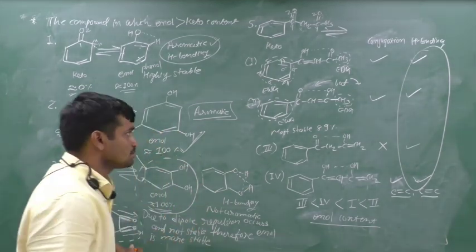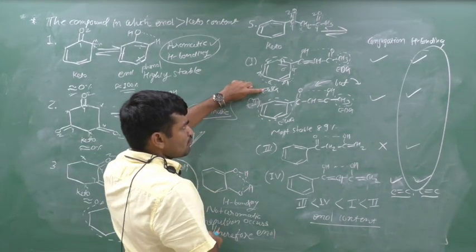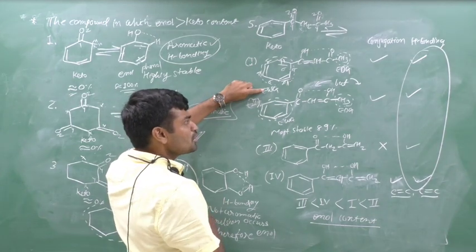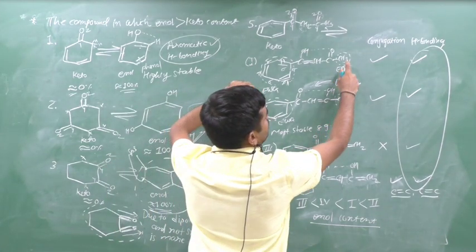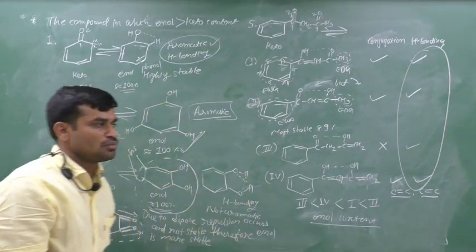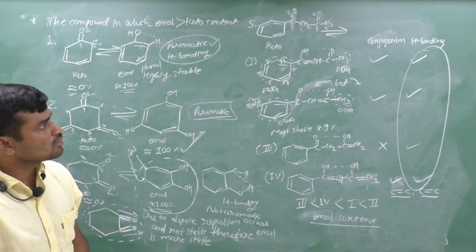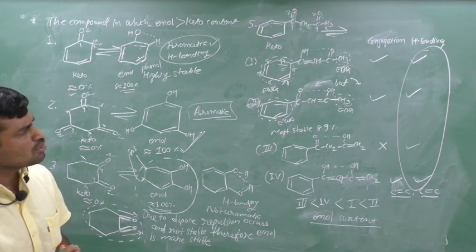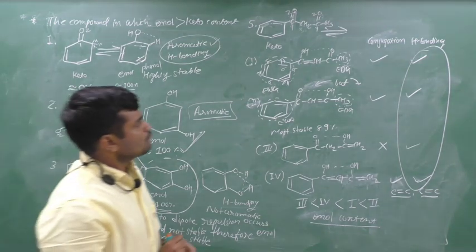Then the question is that phenyl is an electron withdrawing group and methyl CH3 is an electron donating group. Phenyl is an electron withdrawing group and methyl is an electron donating group. Therefore